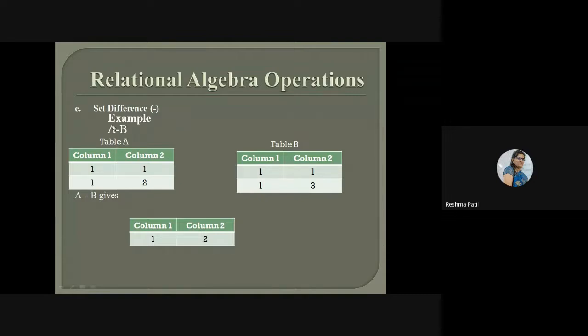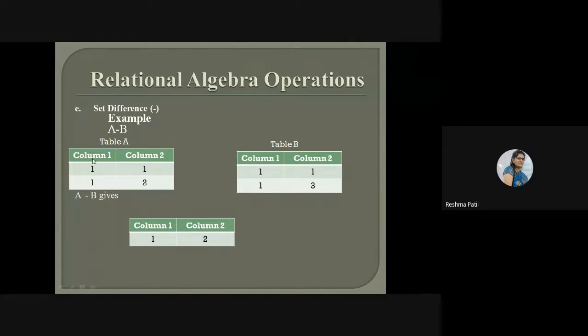From which we are going to subtract the other thing. This B we are going to subtract from A. So what is unique in this A? That is the result of difference. What is unique in this A? 1, 2. This record is unique. This is the common record that will be deleted, like 1 minus 1, 0. In that way, we will delete the common or duplicate records. So this first record is a duplicate in both tables. So this record is going to be deleted from the final result.